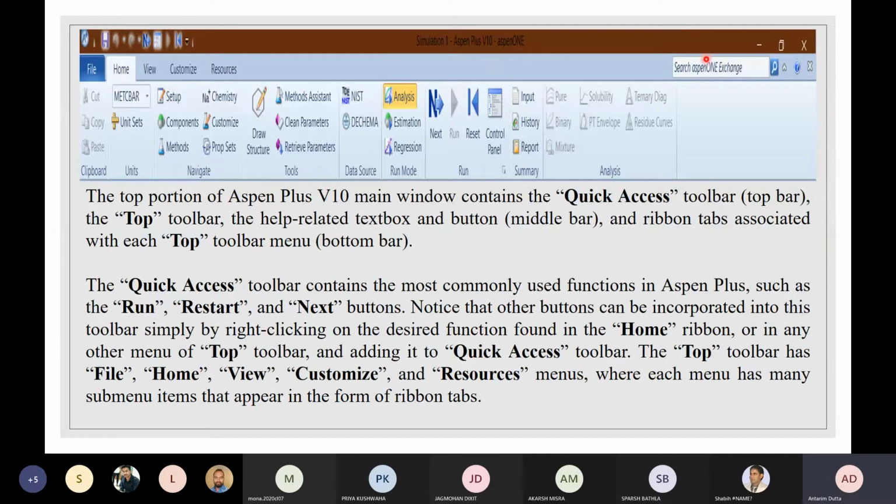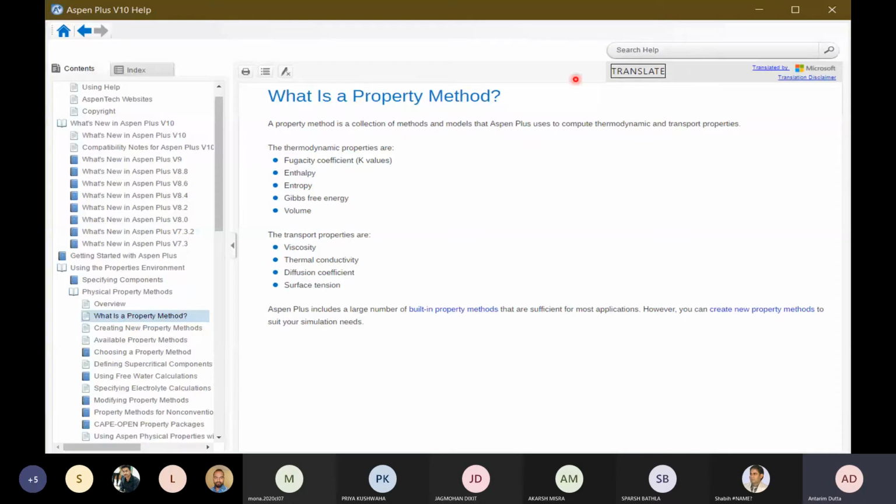Okay, so you can see there is such Aspen One Exchange. So any sort of assistance, if you want Aspen to help you out, there is a documentation which is provided by the Aspen One Exchange. So you can visit the documentation using this search box. Any sort of stuff you can just type over there and hit enter, and the dialog box will appear in front of you.